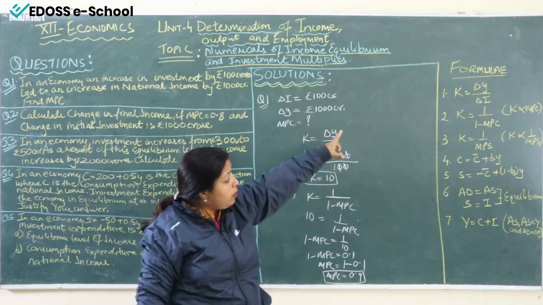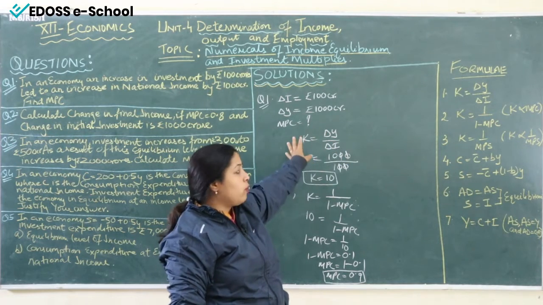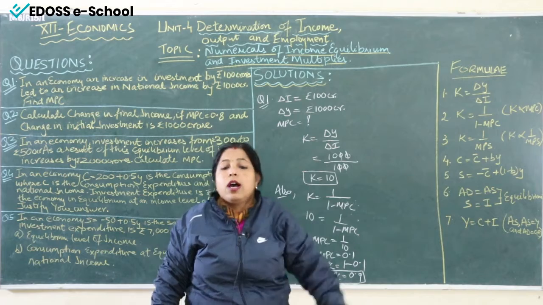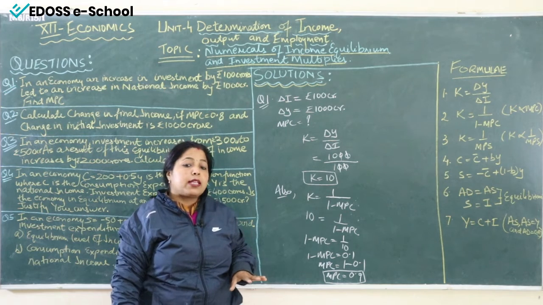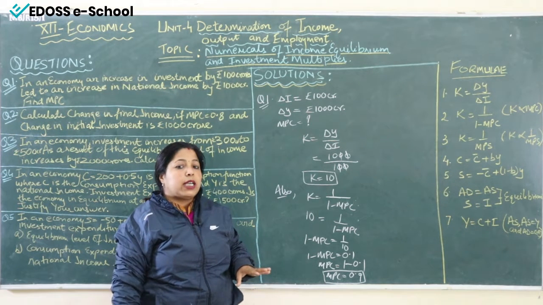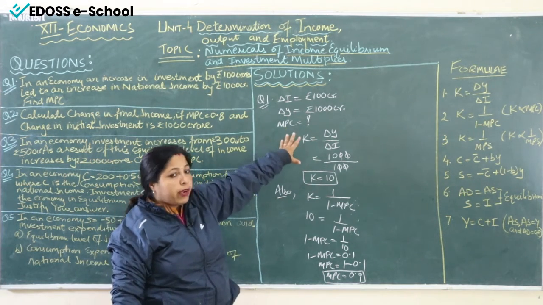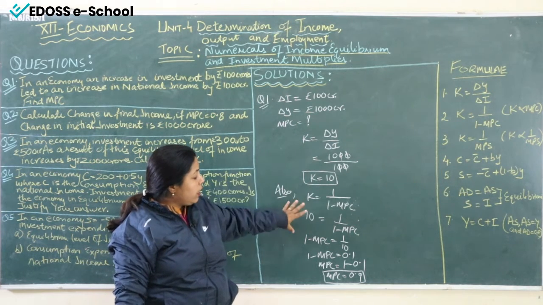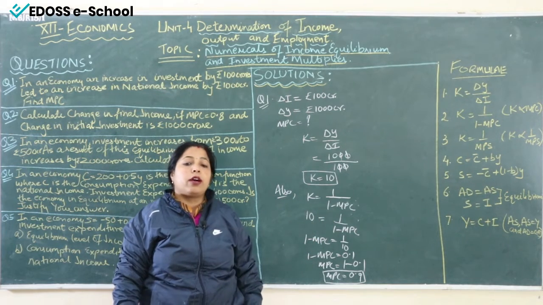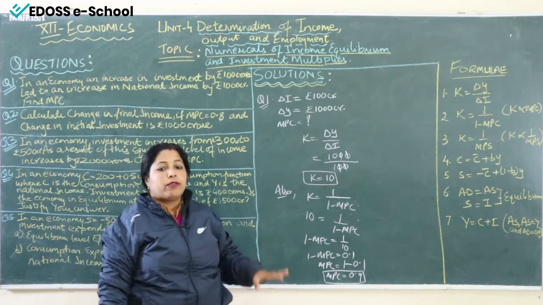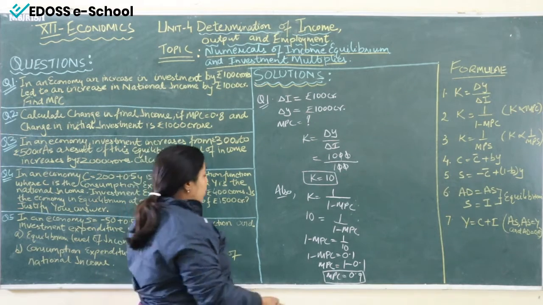These are the three formulas of investment multiplier. They can be used any time as per the requirement to calculate the particular term when it is asked. मतलब इन तीनों में से ही हमें फॉर्मूला का इस्तेमाल करना है अपने एग्जैक्ट पार्ट को कैलकुलेट करने के लिए, जो हमें कैलकुलेट करने के लिए कहा गया है. तो पहले हमने क्या किया, डेल्टा y और डेल्टा i का फॉर्मूला लिया और फिर हमने k इज इक्वल टू 1 अपॉन 1 माइनस MPC का यूज करा MPC की वैल्यू को फाइंड आउट करने के लिए. आई होप फर्स्ट सम इज क्लियर टू यू ऑल. नाउ वी आर गोइंग टू मूव ऑन टू न्यूमेरिकल नंबर 2.